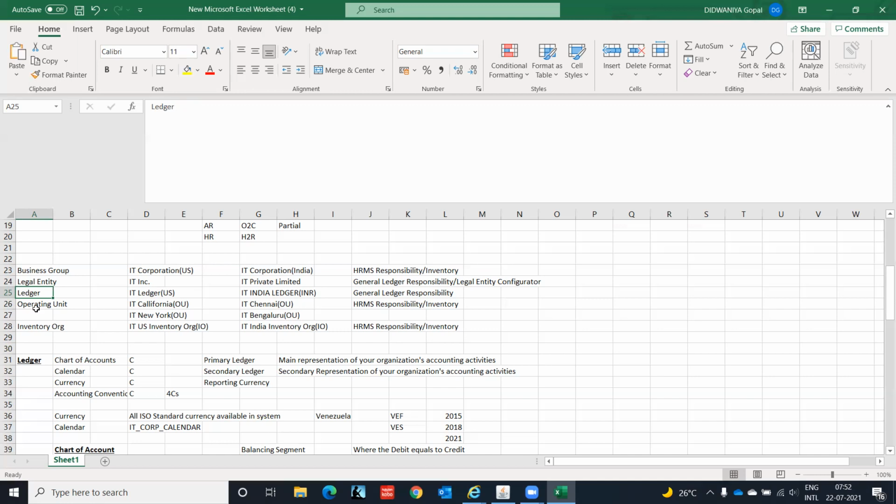If you have multiple locations and you want to segregate the data, you can very well do that with your operating unit. If you have just one unit, one location, let's say Chennai only, you can very well use just ABC Chennai, and it is done.